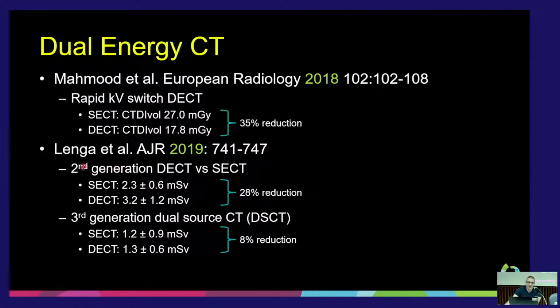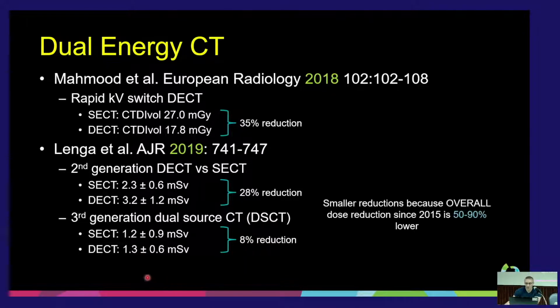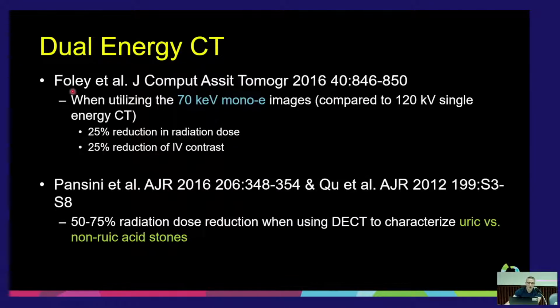So this is, once again, a different publication. Second generation dual source, so a Siemens unit versus a third generation. Single energy was lower. Now they're basically the same. They've both gone down, but dual energy CT with a CTDI of 1.3 is phenomenal. All right,